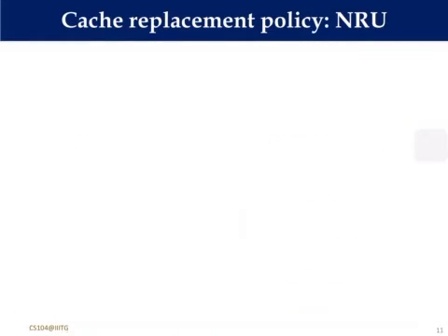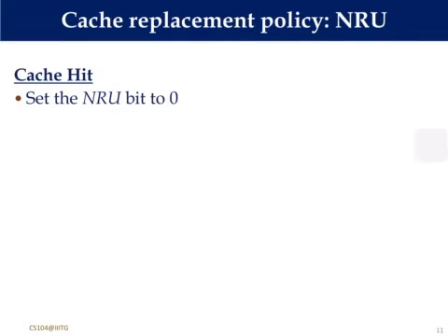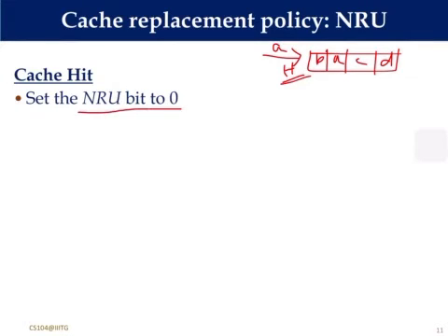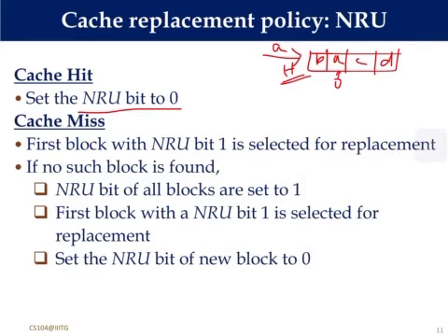Now what happens in case of a hit? If you recall, things are there in the cache, a request comes and it is already present. Say a request for A comes and A happens to be already there in the cache. Then it's a hit. When a hit happens, the NRU bit of that block will be set to 0. Whatever the NRU bit of A was, irrespective of that, whenever a hit happens, it will be 0. And in case of a miss,